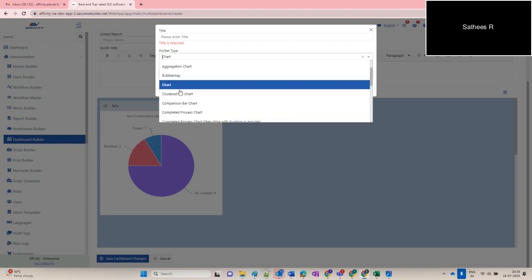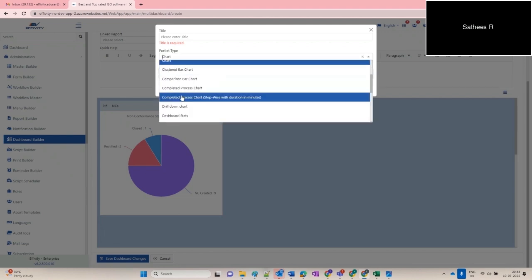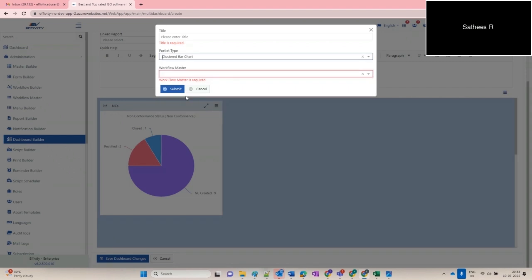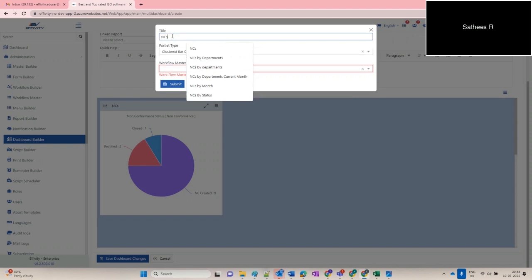So let us start with the clustered bar chart. Now this clustered bar chart will give you comparison data. For example, you want to see the NC types based on departments. Okay, so in a particular department, which is the most common NC type, right? So let's say NCs by type,